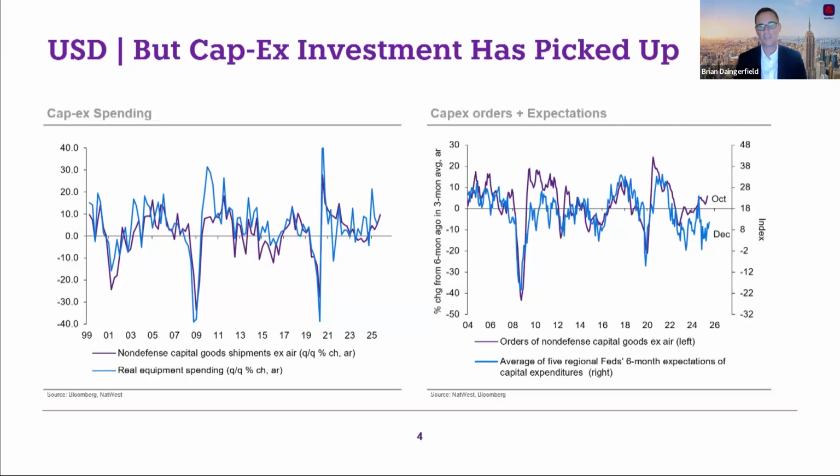So we actually think the US economy is in decent shape, albeit with the biggest downside risk coming from the labor market. I think if there's one big macro question for the US economy in 2026, it's this one: can the US economy sustain an above-trend pace of growth with a labor market that is as weak as it is at the moment? Usually when you see downturns in the economy, those are consistently correlated with weakness in the labor market. I think what a lot of us are asking ourselves right now is, is it different this time, because the weakness in the labor market might be as related to supply of jobs as it is to demand for jobs?